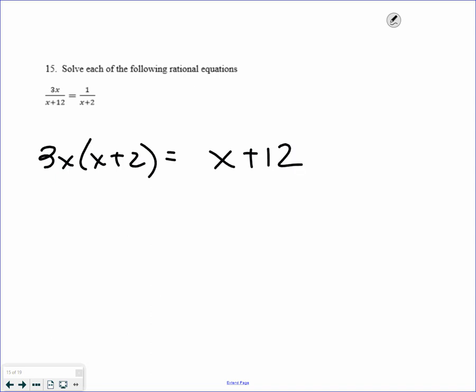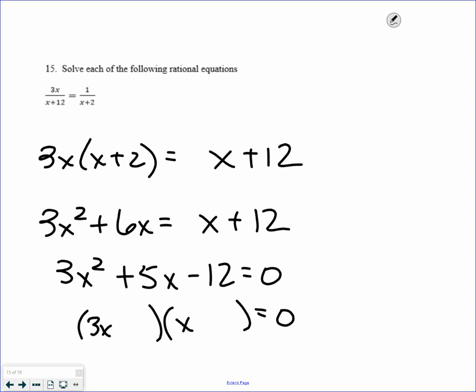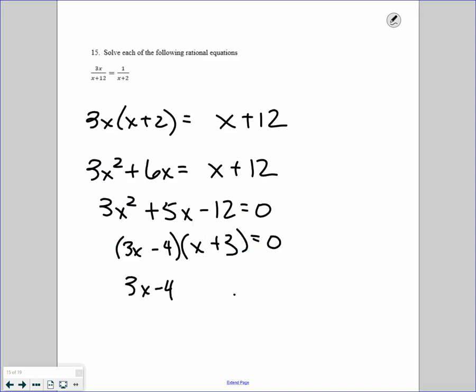1 times x plus 12, 3x squared plus 6x equals x plus 12. 3x squared, I'm going to subtract x and subtract 12. And now, again, you're talking about your factoring skills. 3x squared plus 5x minus 12, I need to be able to factor that. All right, 3x and x, again, testing your factoring skills here. Minus 4 plus 3, and then set the parentheses equal to 0. So 3x minus 4 equals 0, x plus 3 equals 0,